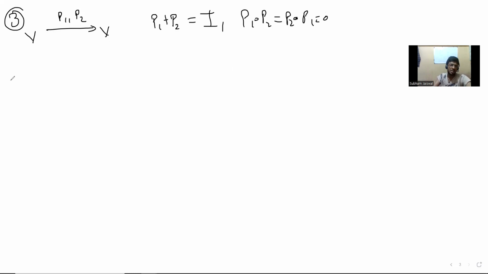But some very simple checks that they are asking us to do is to basically show that indeed these are projections, and they're even calling them P, but these are really projections. Okay, now you can see the similarity of this with the previous question. It's very, very similar in that.